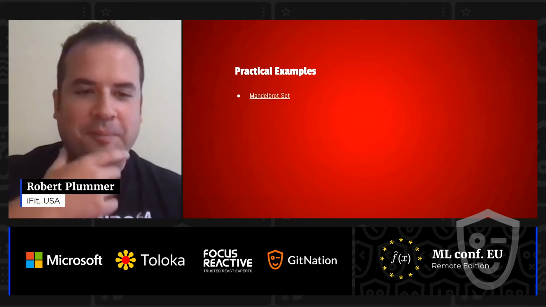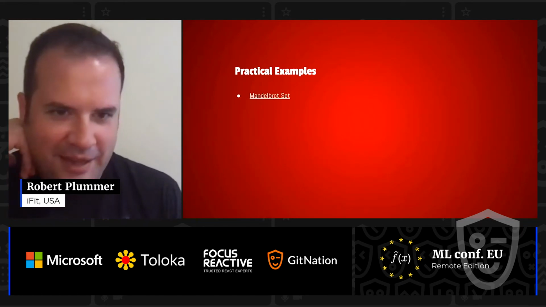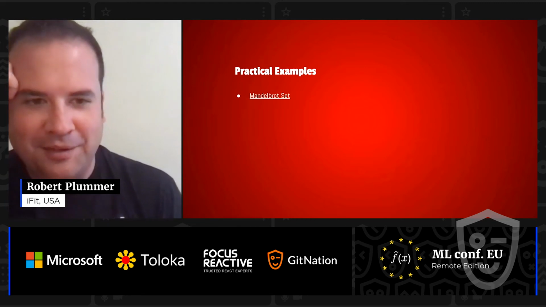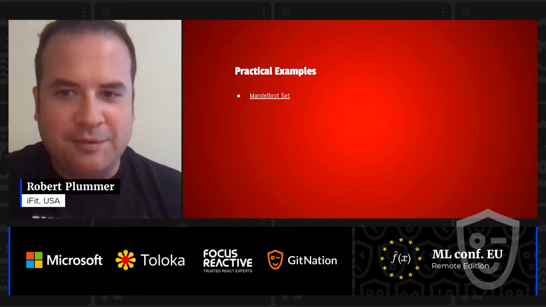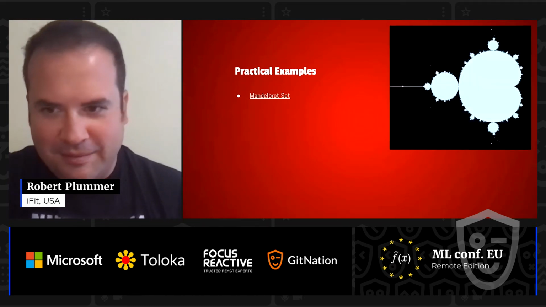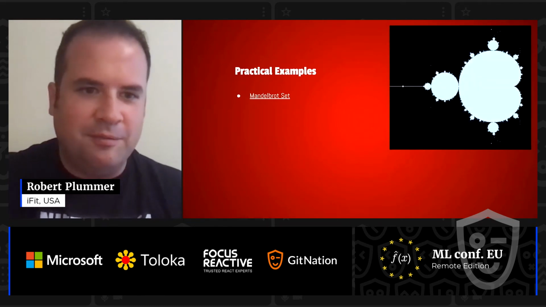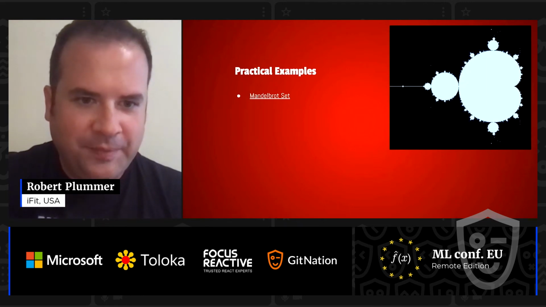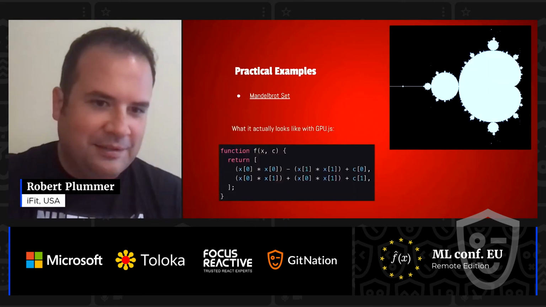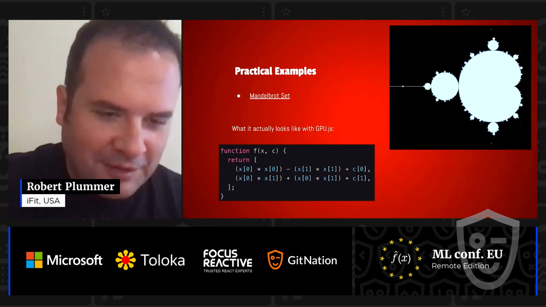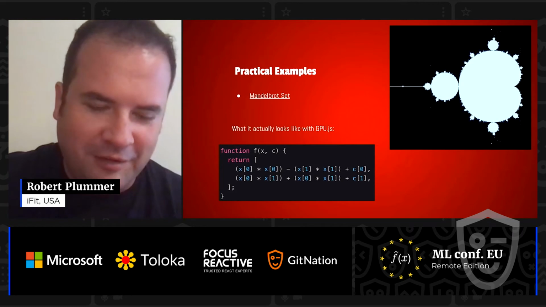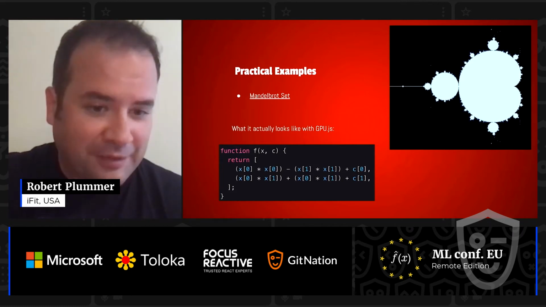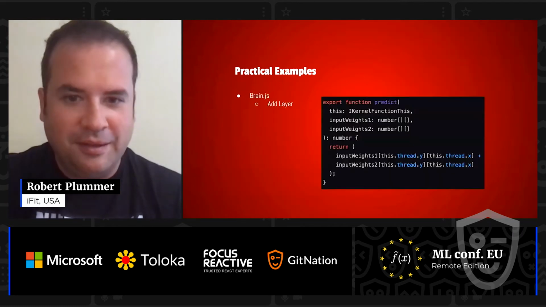I've gotten this one before, the Mandelbrot set. A lot of people look at that and they see the math and it's so simple, and then they're like, what? I can't understand it. It's too complex. Well, this is the Mandelbrot set. Beautiful. And somebody even wrote a Mandelbrot for GPU.js. This is the code that actually is the Mandelbrot set. Just rerun it recurrently or in a loop. So it just kind of compounds on itself. But that's what it looks like in JavaScript, right at the math.